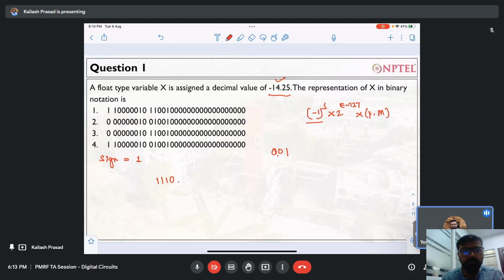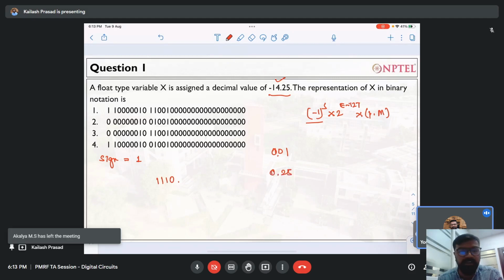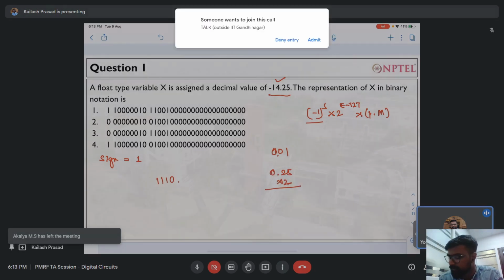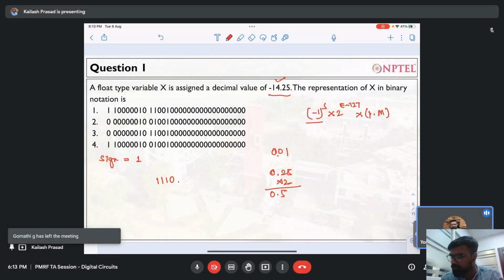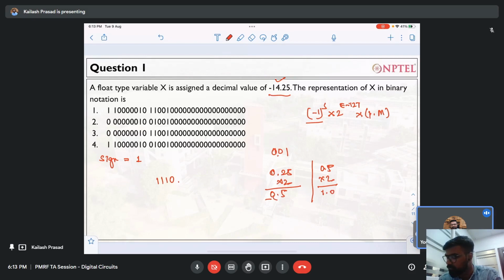If you don't know how to convert a decimal number into binary, it's very easy. What you have to do is write the number and multiply it by 2. So we'll get 0.5, right? This is your first digit, and then you just keep on doing that. You multiply 0.5 by 2, and you keep doing that until you get 1. Now you get 1.0, so it is 0 and 1, right? It will be 0.01. So the number which we have here is